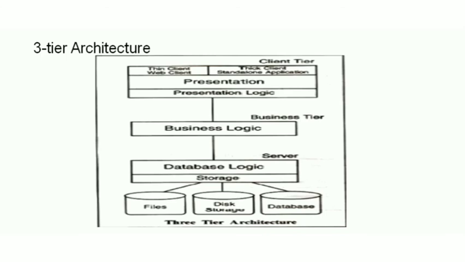The second one is the business tier. All the Java files are defined in the business tier part. And the third thing is the server. When you create your web application, the data comes from what is known as the database part or the server tier part. So these are the main three components, or the main three tiers, in the three-tier architecture.